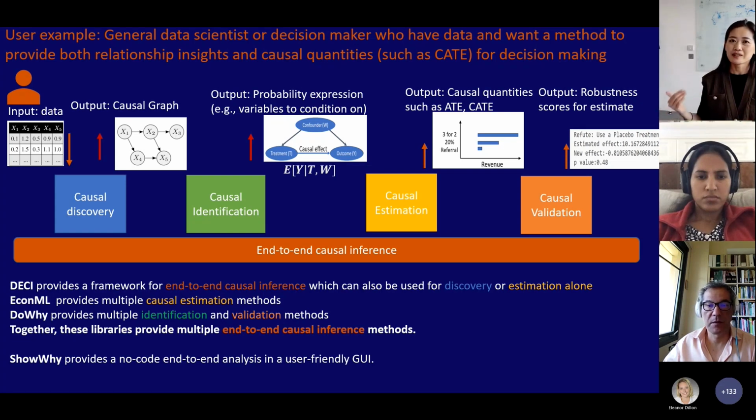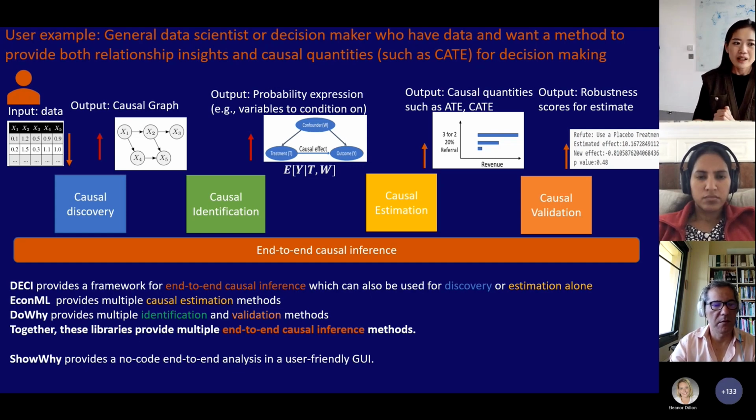We call it end-to-end causal inference because the user only comes with data, but we want to use our tool, a whole pipeline, to be able to tell users the causal graph. The graph itself can provide insights to the user as well. And then from the graph, we can do the identification, estimation, and validation as well. So we can provide all this output at once to be extremely insightful with minimum requirement of user input.